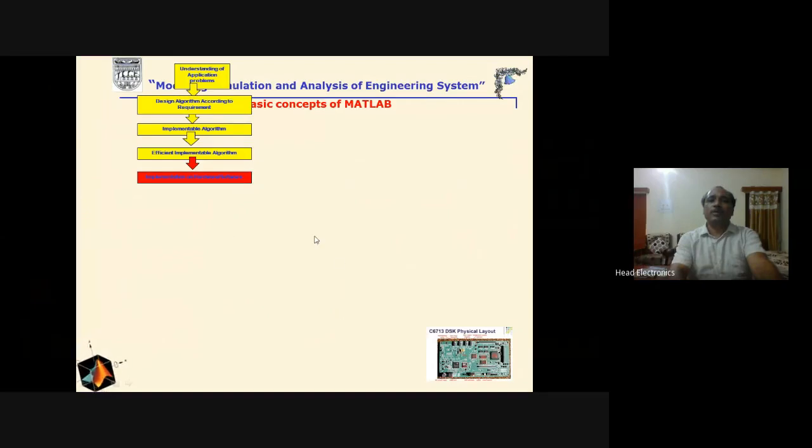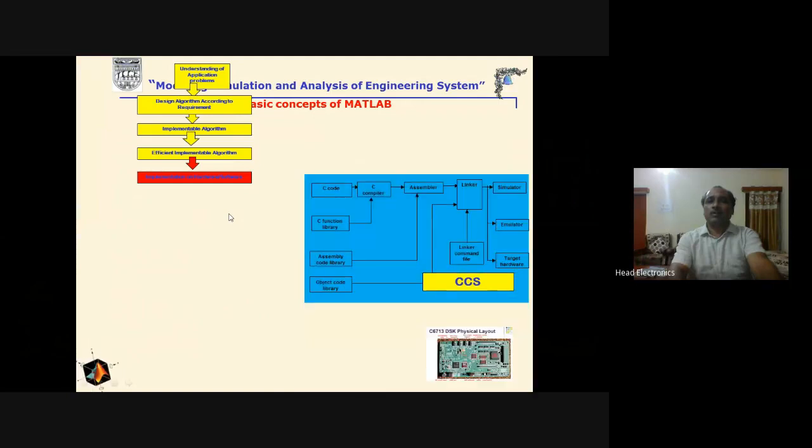then whatever is our code, it has to be downloaded on the target. And the target is, suppose, a processor, for example the TMS320C6713 DSP processor is targeted here. Then these codes, these concepts have to be downloaded on this processor. So according to this processor, the quantization is required here, and for that purpose we have to use the IDE. And suppose we are using CCS, Code Composer Studio.